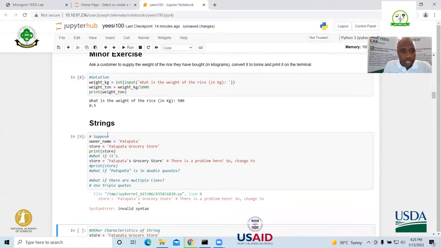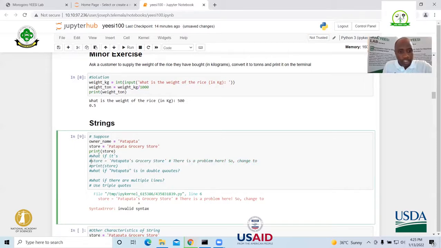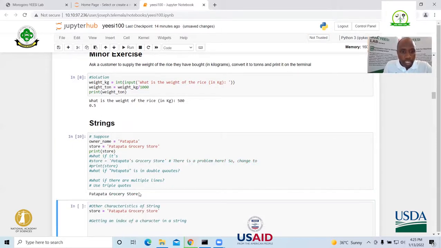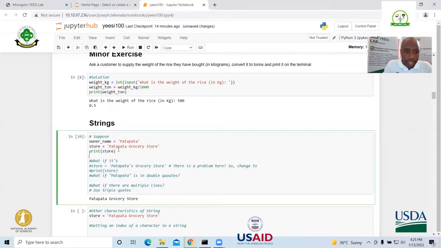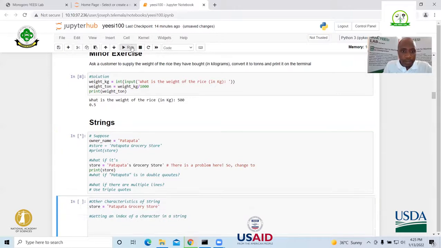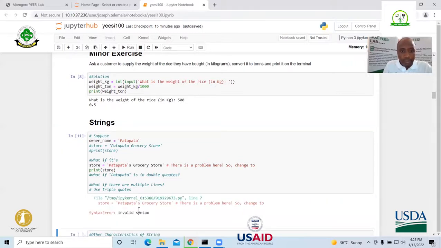Something is wrong here. I need to comment out this as well before proceeding. Pata Pata's grocery store, right? Now, I had this issue here. Now we have changed our store a little bit into this. Let me comment out this, I don't need it. And I want to print this Pata Pata's grocery store. Let me run it. You see, it complained of an invalid syntax